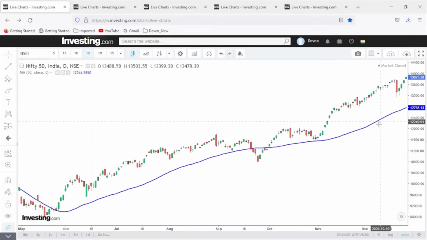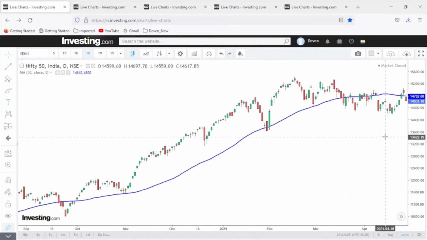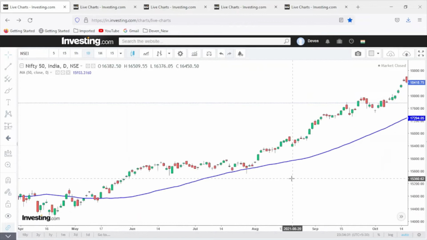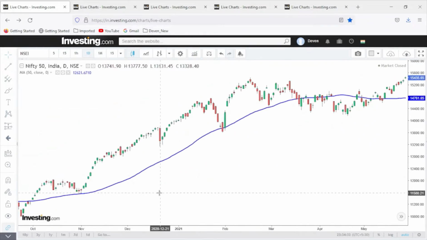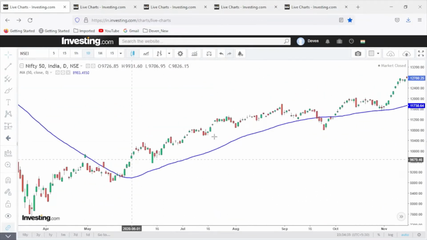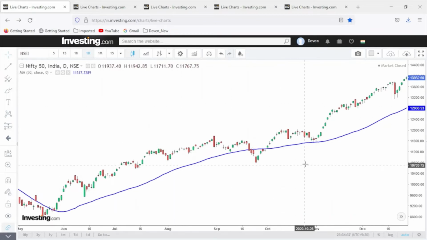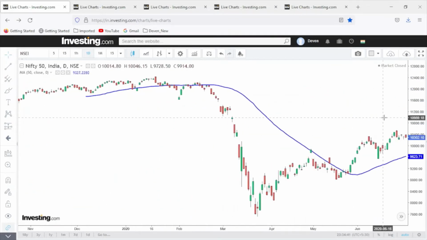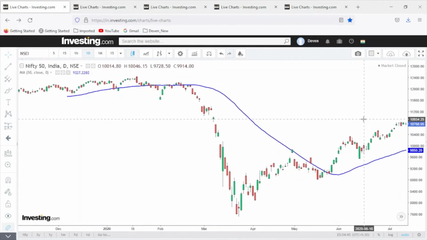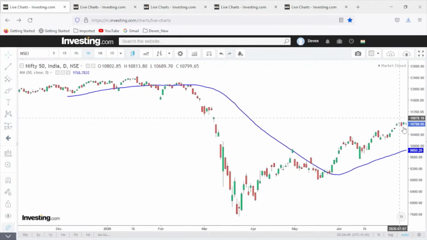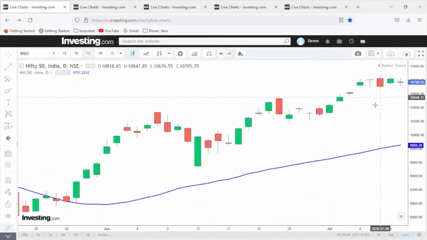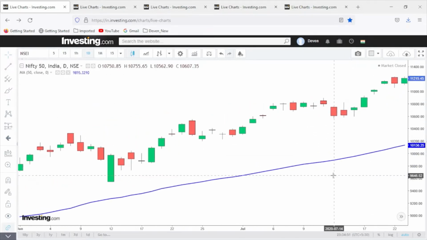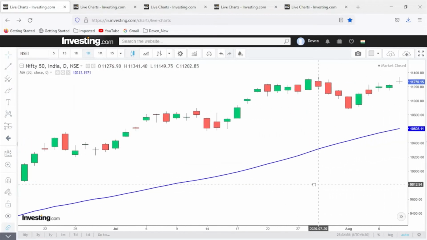Right? So how can we trade using this 50 moving average? Now here, every dip as we saw above 50 was a buying opportunity. So suppose the market is above 50 MA and the price is far from 50 MA, this is not the time to enter the market since it is very far from the 50 MA. Now we'll wait for the price to come down near 50 MA.